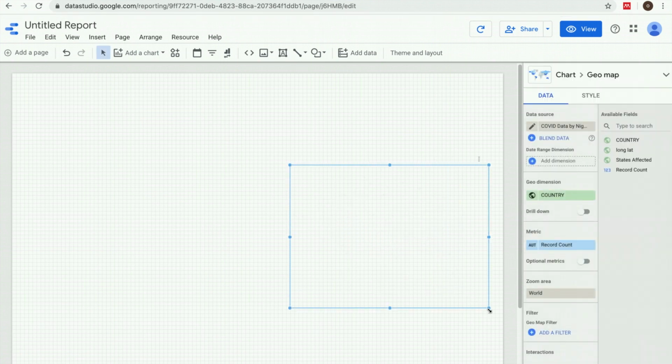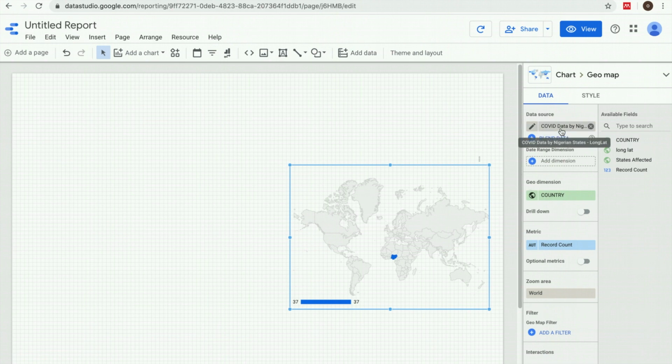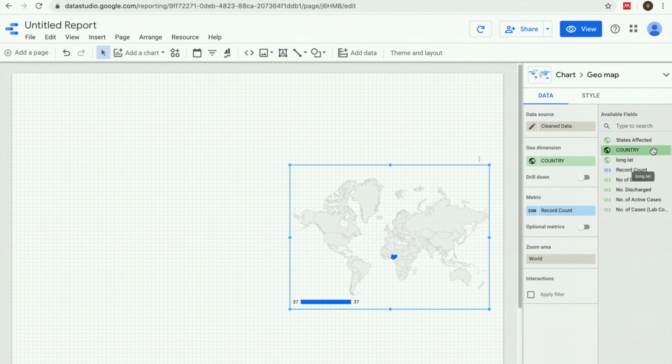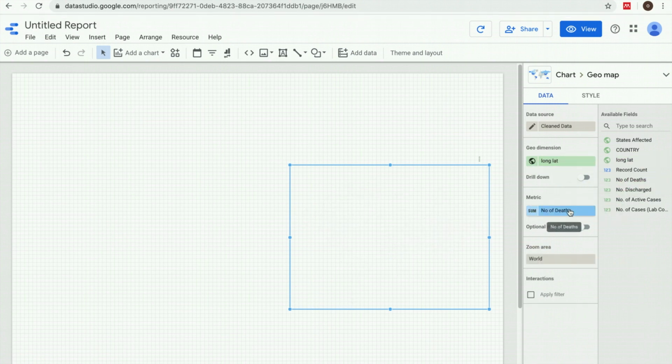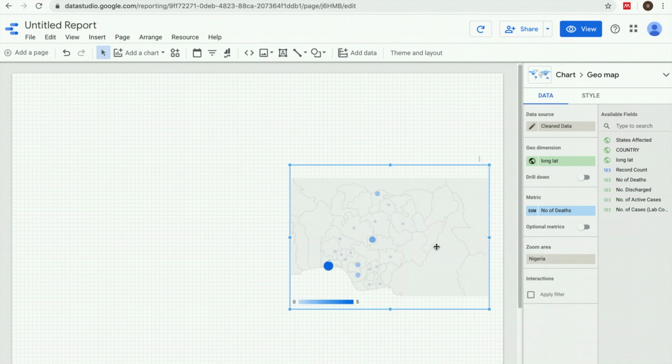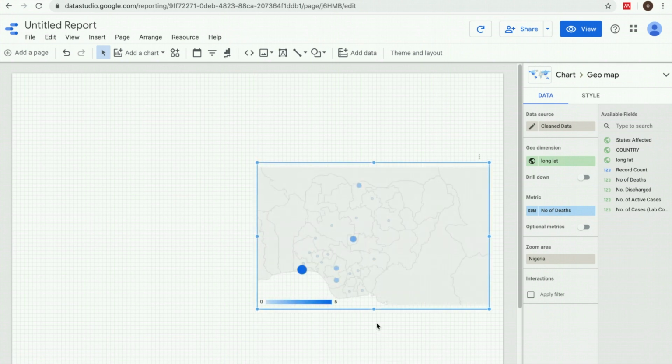Then I make sure that the data source is a blended data, which is clean data. Change country to longitude, latitude. Change metric to something more suitable, number of deaths. And I need to zoom. So Google Data Studio gives you the opportunity to zoom in to a particular part of the world. So I'm just looking for country, Nigeria, and that's it. But we've all seen the deaths